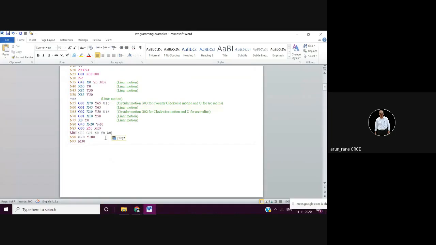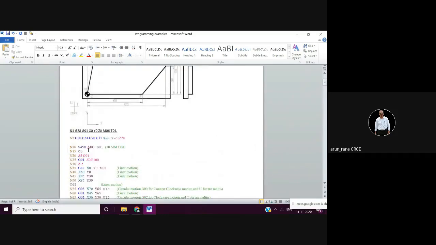In this, the spindle is going to stop, and at the same time the cutter will go to its home position. G28 means return to the reference point, and it is always associated with G91. And then this block is not required, so I will cut it with Control X and write here M30. M30 is nothing but the reset and rewind, meaning the cursor will go to the first block, and then subsequently the next workpiece.